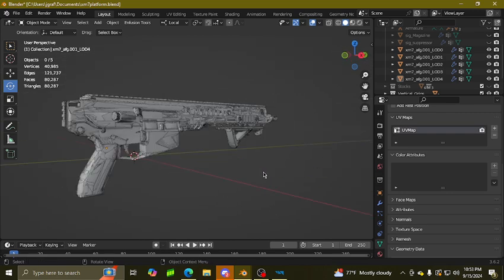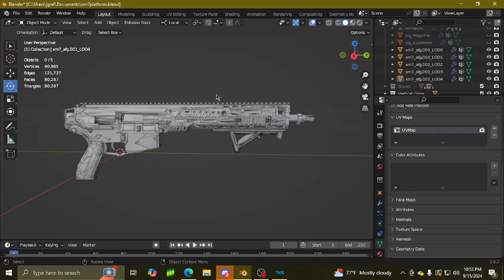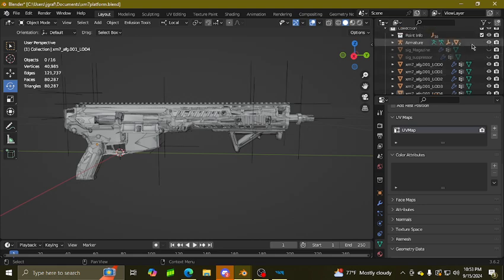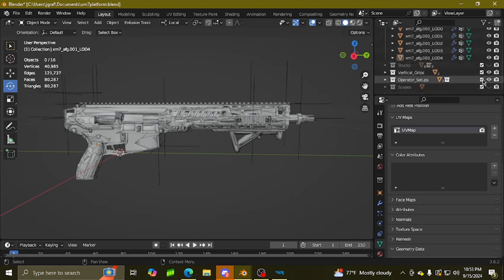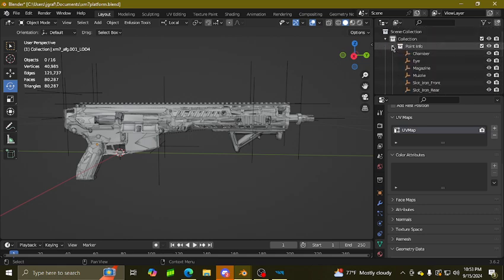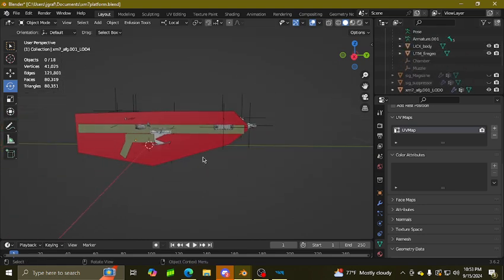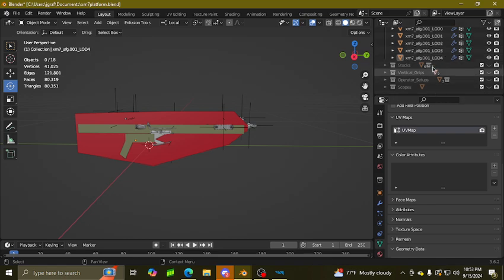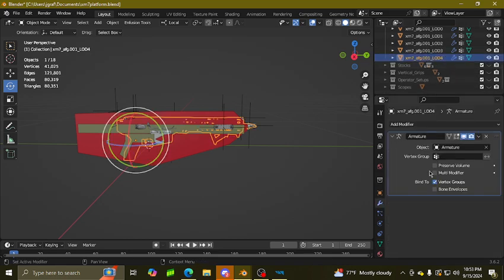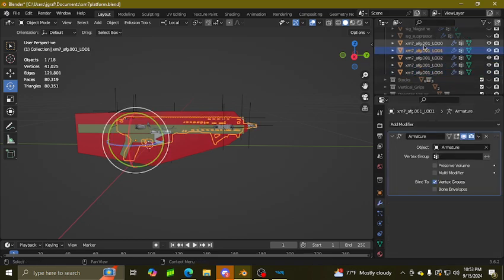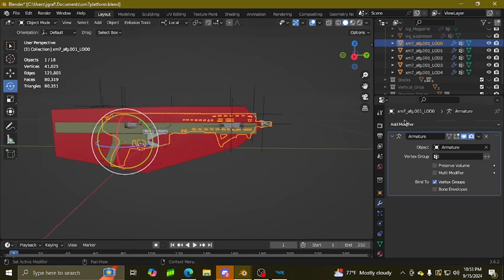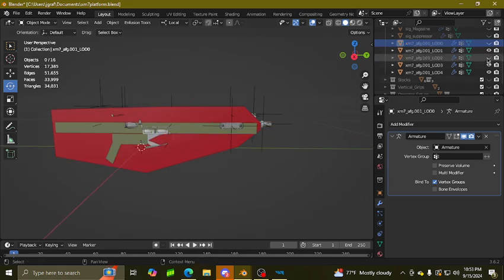Alright, and so now we're ready for export on this particular receiver. This is quite literally it, right? So we get our receiver together, and I'm going to make sure that the only thing that I have visible in the scene are the things I want to export. So you're going to want to make sure that you have your point info, your collider, and all your LODs. Go through, double check your work, make sure that everything is weighted correctly so you don't have to come back to this later. And then the last thing that I want to check